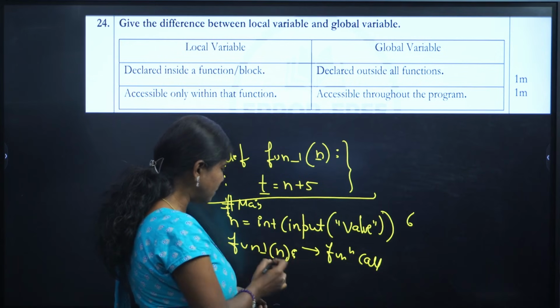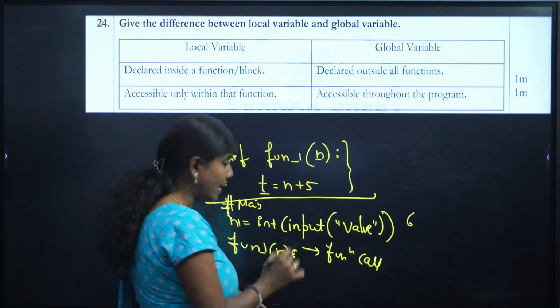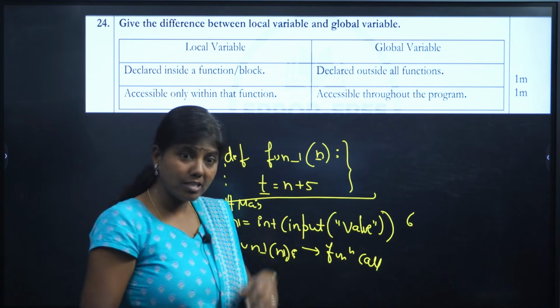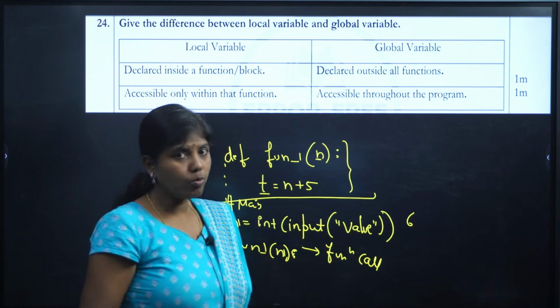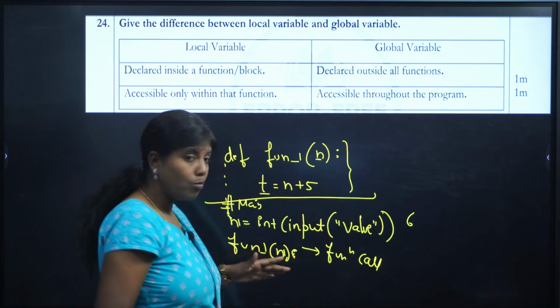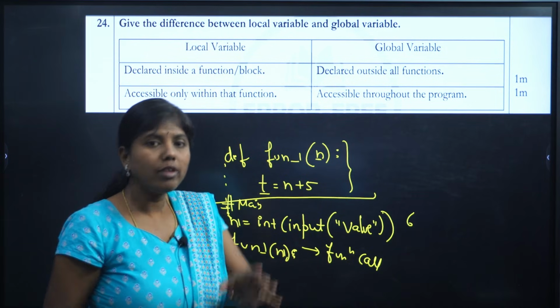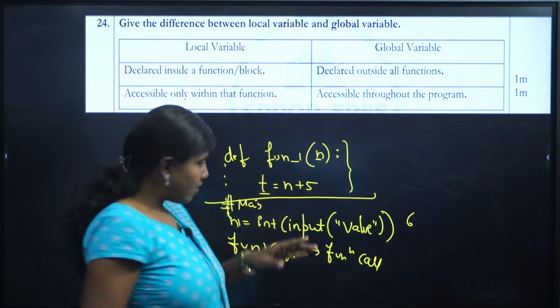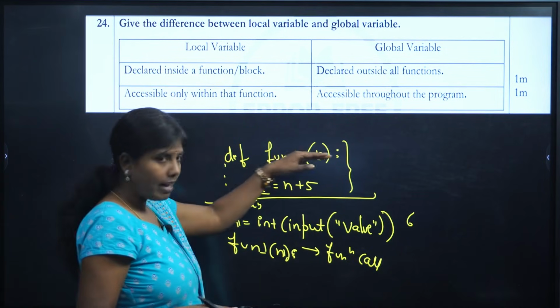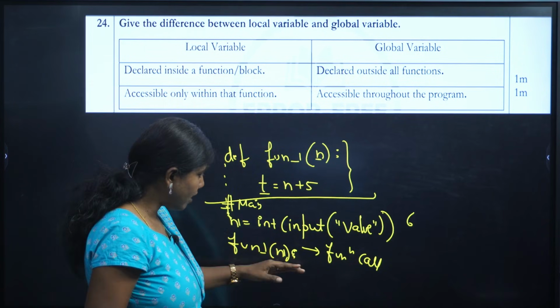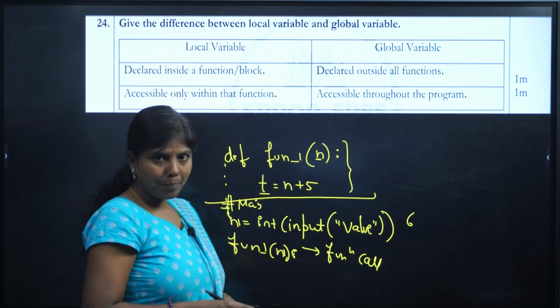Okay, let me take something else now. N1 I'm going to take. Can it be n? Definitely n it can be. But since I don't know to what extent you know it, I'm making it clearer with different variables so that the concepts become thorough first. Then you can go in depth. So what I've done is taken a variable here, n, here n1, and it is t.